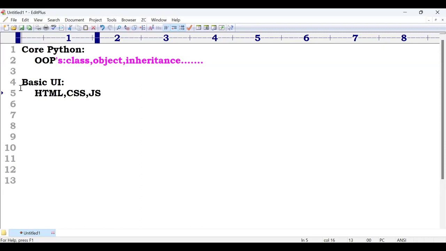These three. Angular is not required for Django. If you already have Angular knowledge, it is an added advantage, but it is not mandatory. Only core Python is mandatory. After that, basic UI: HTML, CSS, JavaScript. These are all the prerequisites to learn Django.